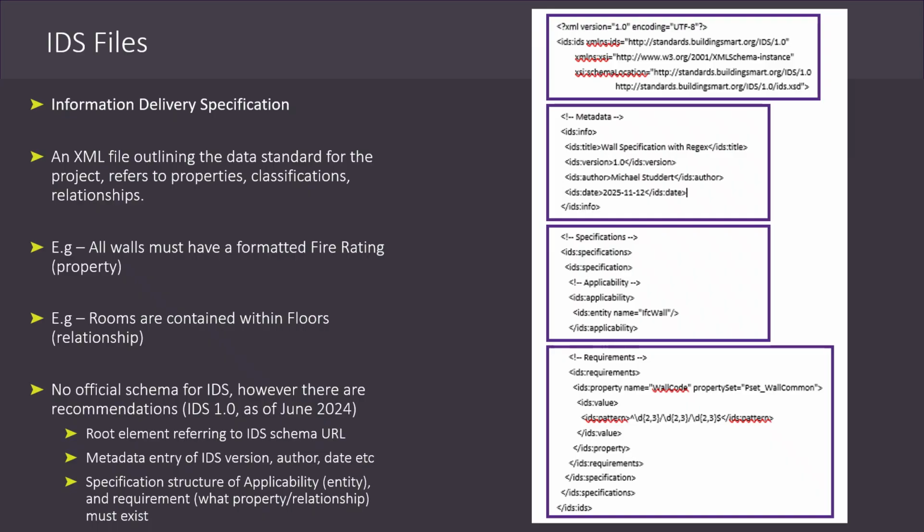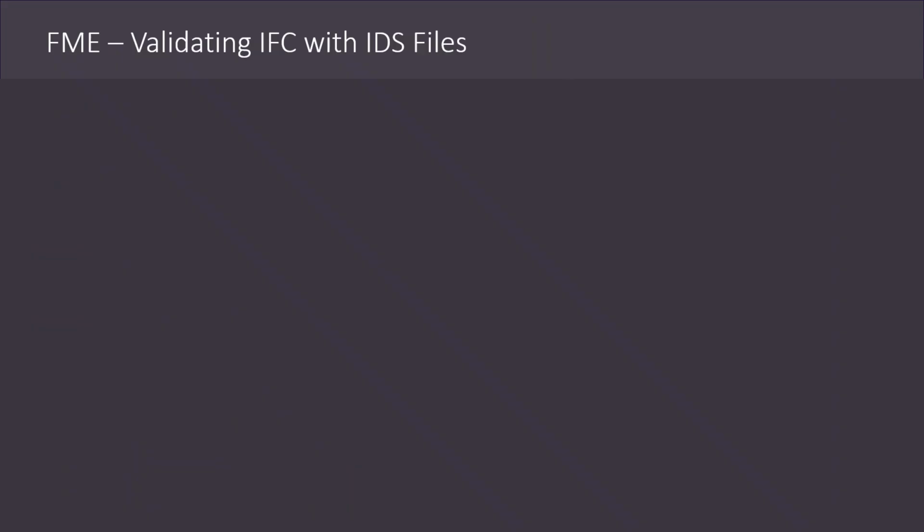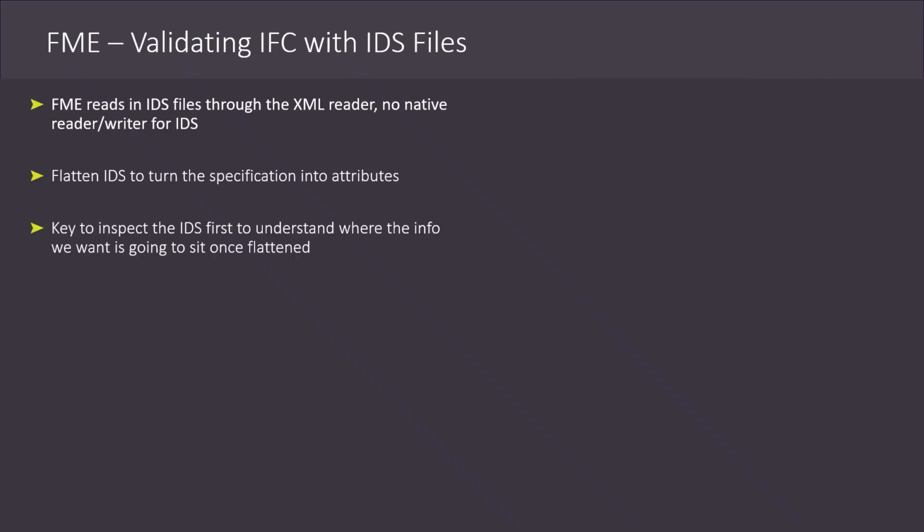So validating IFC with the IDS files that we can do in FME. FME will read in the IDS through the XML reader because there's no native reader for IDS files. Then it gets flattened out, in terms of specification, into the attributes, from what we can see from the labels before in the example. And the key is to inspect the IDS first to understand where the info we want is going to sit